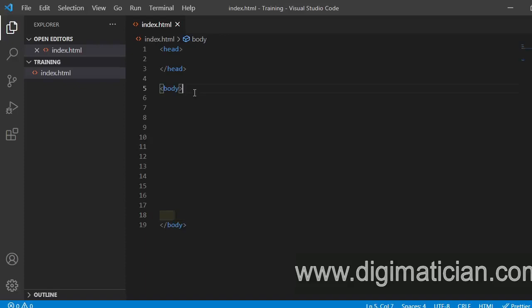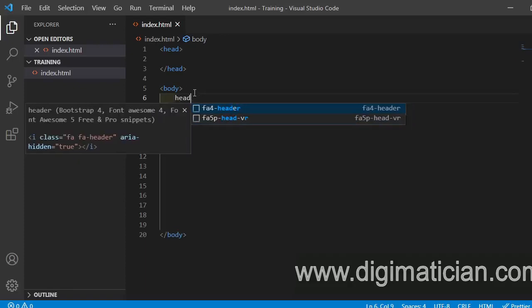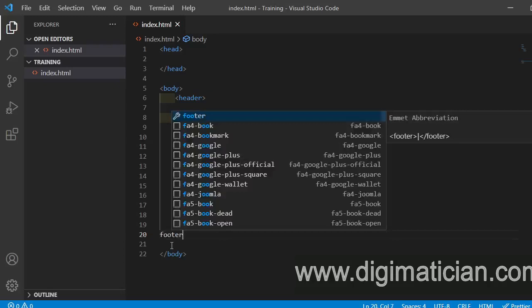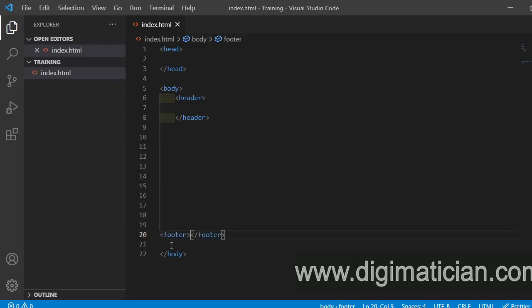Now within this body we can have header. When I say header, you can see header. Header is where you have something like your navigation bar, your logo, your header button. That is where you put everything. Then within this body also we can have our footer. If you visit a website, you will always see that there is a footer below where they put some other important links and the rest of them. So within our header